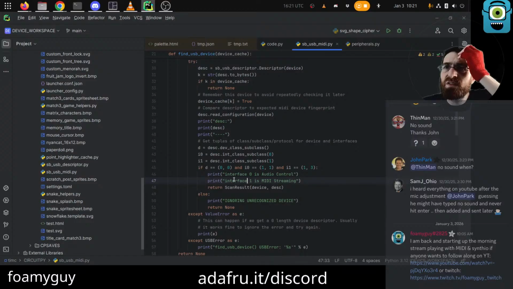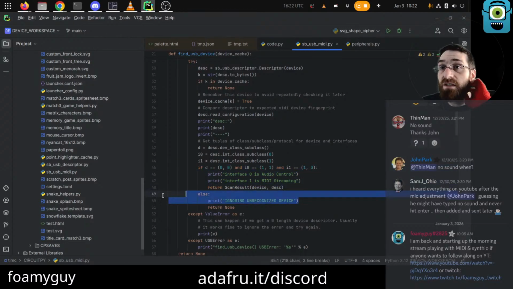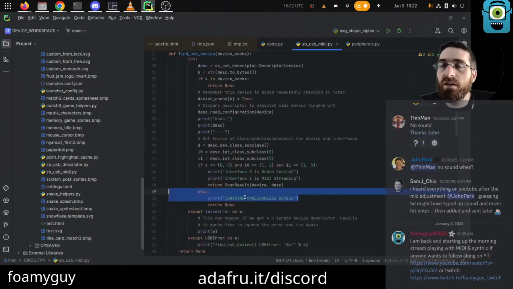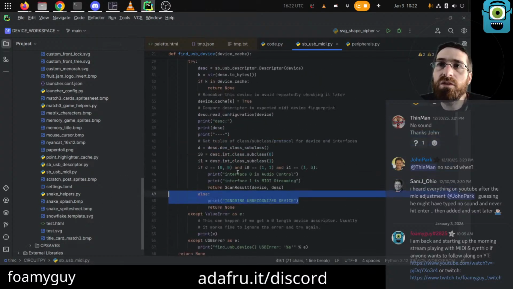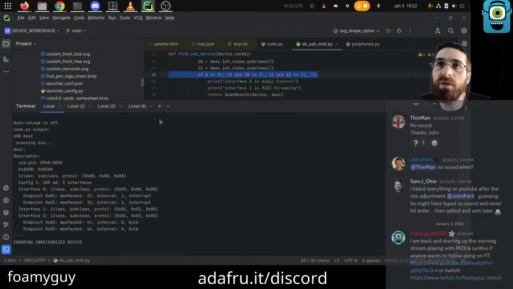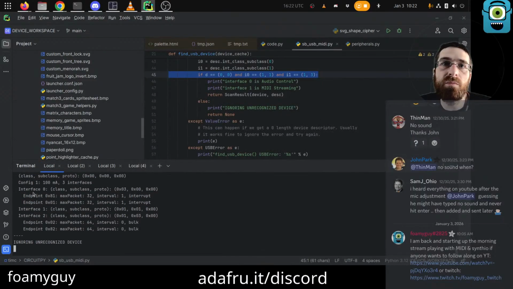But it's calling them interfaces here because it says interface 0 is audio control, which I kind of interpret to be the first part of this. Interface 1 is MIDI streaming. And it returns that. Otherwise, it just prints this, which is actually exactly what we're getting. So I'm gonna guess that my device is not configured the exact same as the one Sam used. So in my case, interface 0